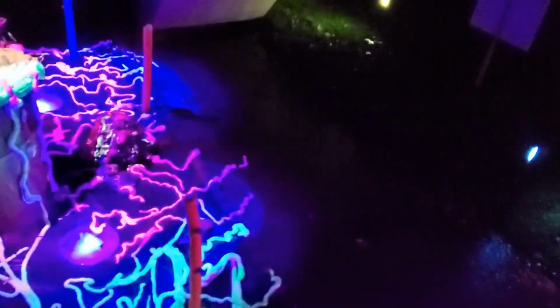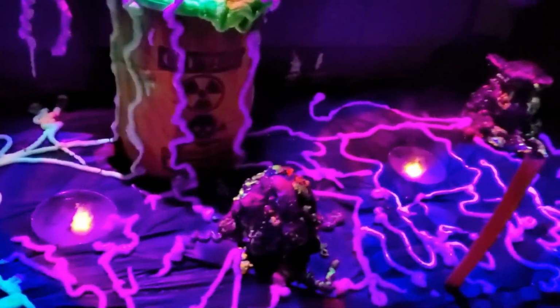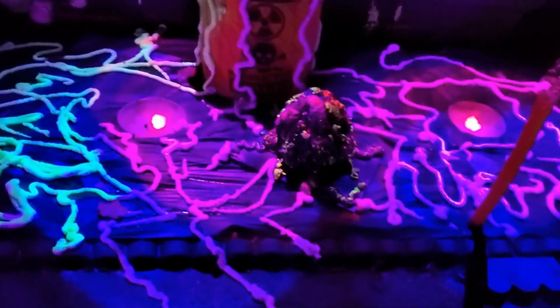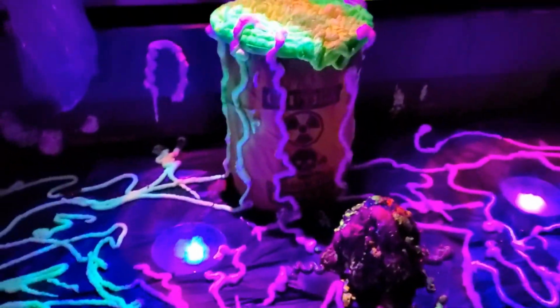But yeah, we'll come back around and look at it from this perspective, so you can get a good view of what we're looking at. Something I forgot to mention when I had this here was that there's two glowing things there that you're probably looking at. This one and this one. Those are like mister machines or fog machines. And you probably can tell that they are a little bit, but not real great. But yeah, so this is our Halloween 2021